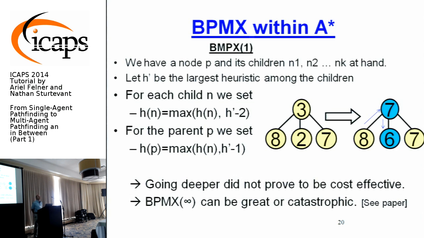Why? Because in A star, I'm not necessarily visiting a tree along the edges. In A star, I have a node, I expand it, the children are generated and added to open, and now I can jump to whatever node pops from open. It might be on the very other side of the tree, there's no correlation. However,